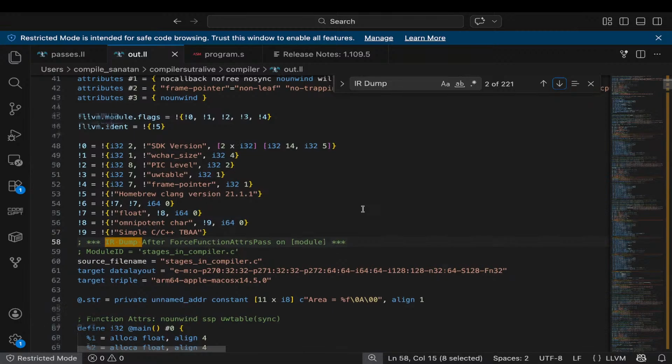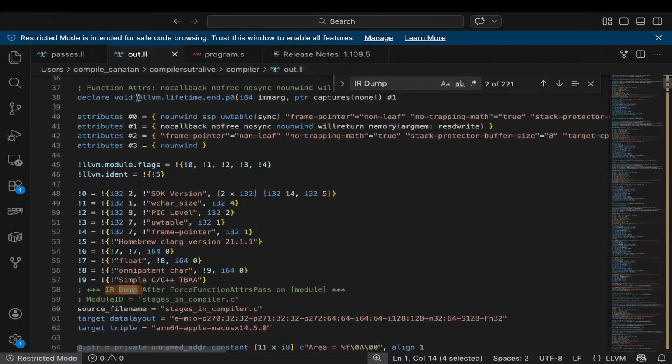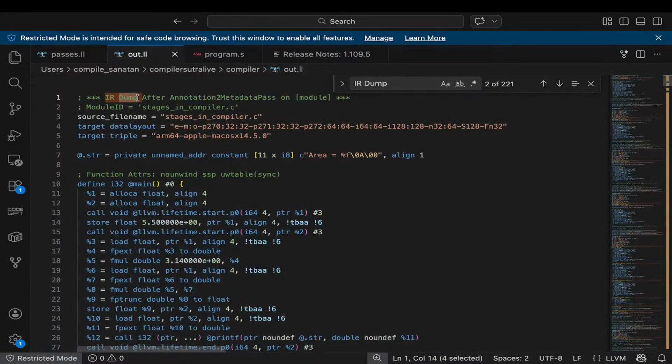See here, this is how it will look like. This is how the IR looks. But now the middle end is doing two things. What? It is running everything